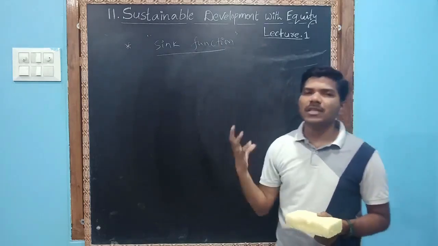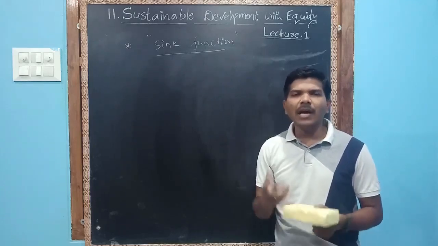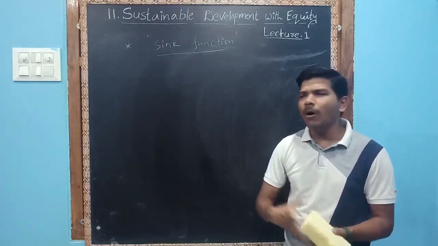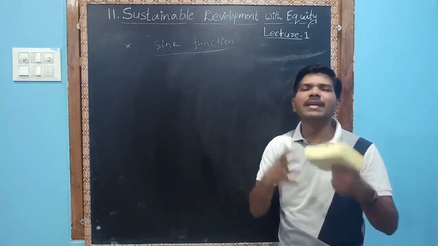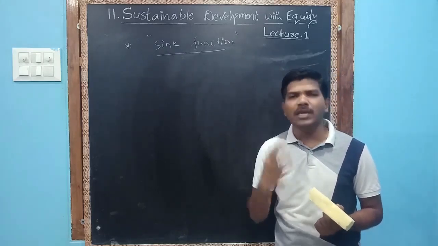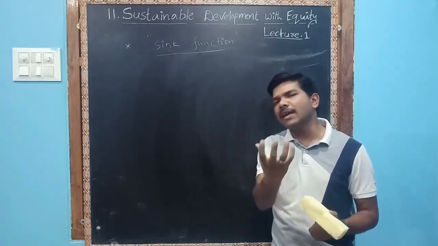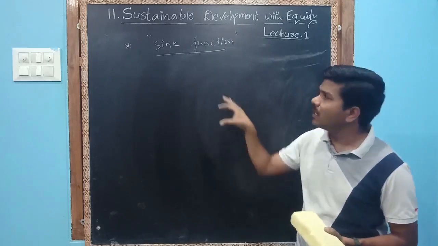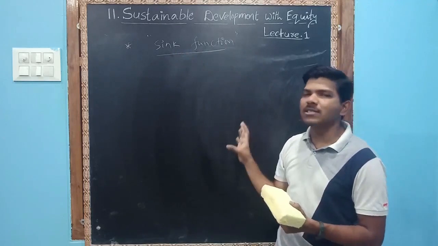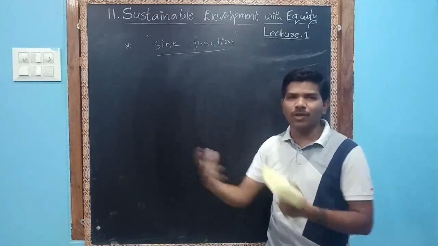Because of sink function, now earth is able to absorb all of the wastage and render it harmless to us. If we increase plastic bags, all plastic things, the sink function can be damaged. So earth can absorb some extent of the pollutants, but not everything. Excessive pollutants earth cannot absorb. That is the sink function. If we neglect environment, sink function will be damaged. Sink function means the ability to absorb and render harmless wastage and pollution.